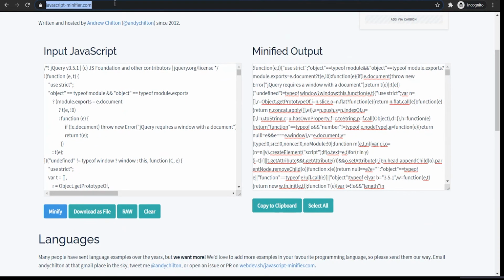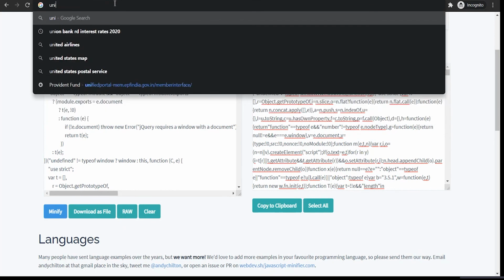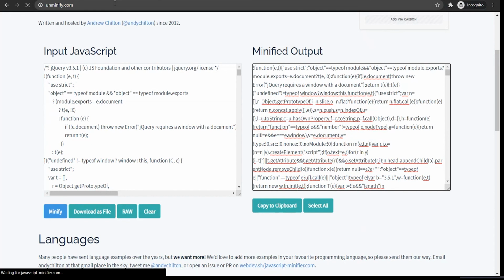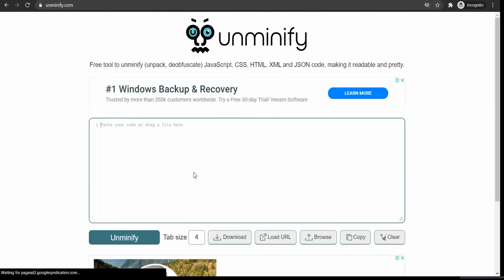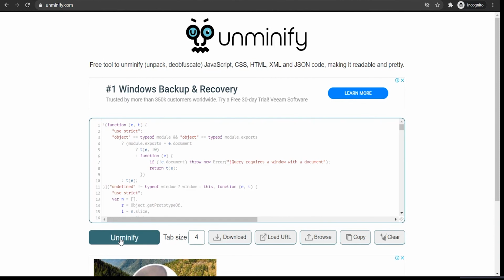We'll go to unminify.com and paste it here. Now see, we have minified it on another website, and we again try to unminify it.